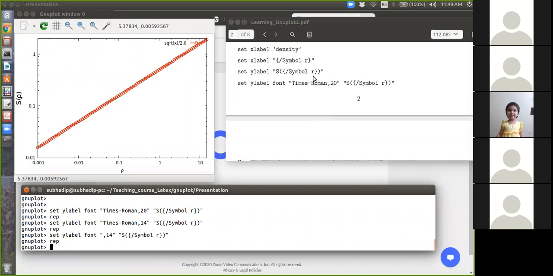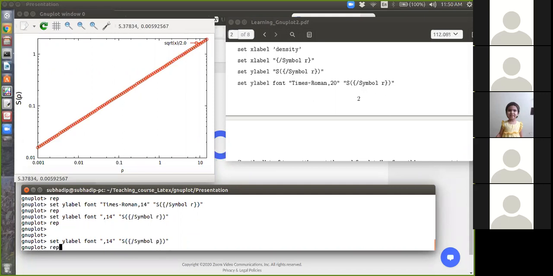So now, what is the list of the special symbols, or say mathematical operating symbols, or Greek alphabets? There is a list at the end of this PDF where you can see. So if you want to write, say, pi, just replace this R by P. So P for pi. Okay. Then just replot.